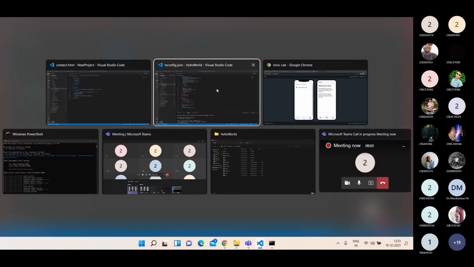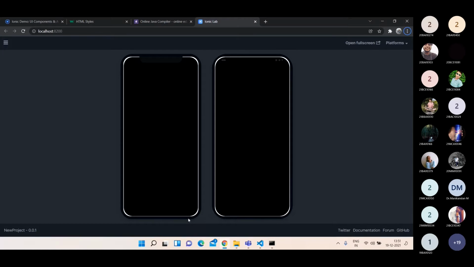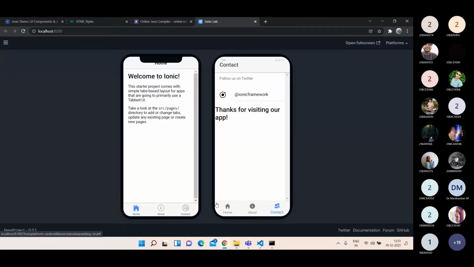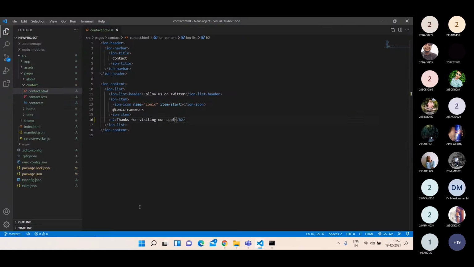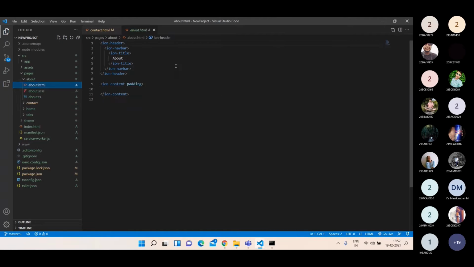So I'm giving like that. So when I go to the contact page now, I can see that message, right? So I can write any code in which file I want to see the code. Okay, so if I want to write something in the about page, I can give some content in the about also. I'm giving hello. This is a sample application.